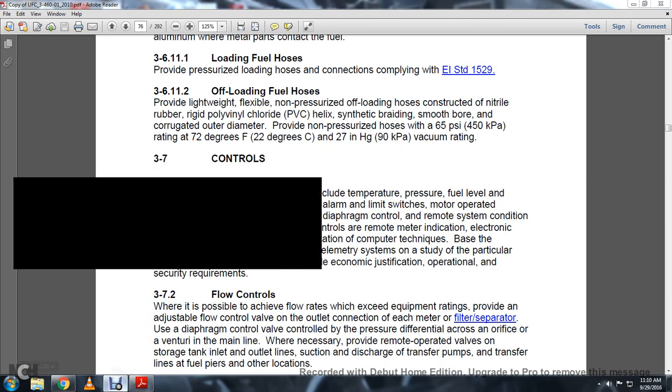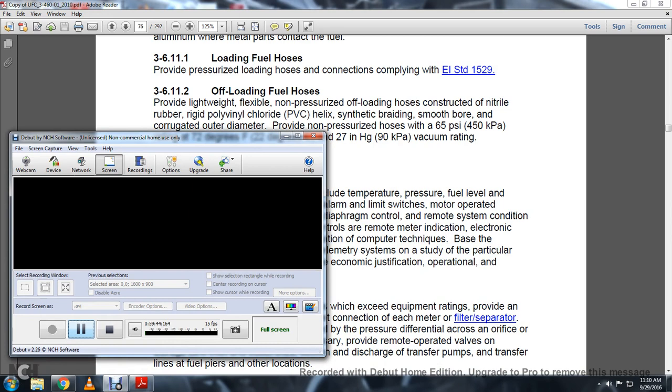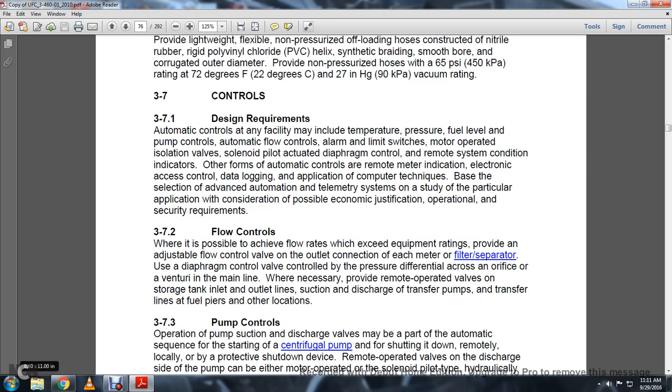37 Controls. 371 Design requirement. Automatic controls in any of the facility may include temperature, pressure, fuel level, pump controls, automatic fuel controls,